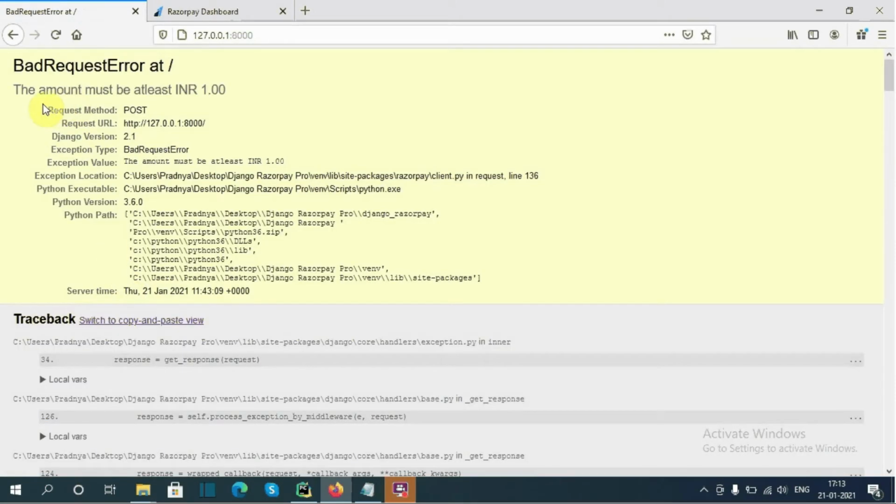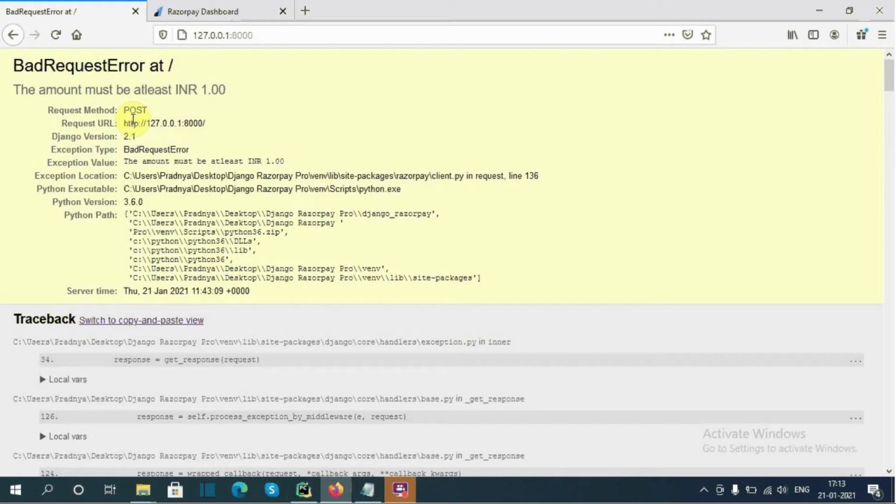Okay, the error is the amount must be at least INR 1. This error is thrown by Razorpay's order API because Razorpay considers the entered amount in paise, and it should be minimum 1 rupee, that is 100 paise. So that means here we passed only 70 paise.